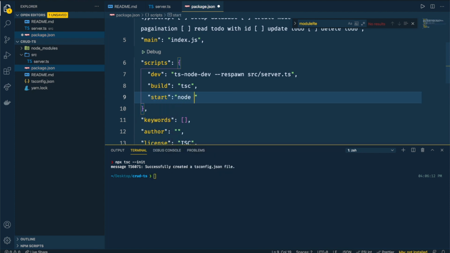We can do just node. Let's say we have the output, our JavaScript is going to be dist. So when we deploy, we want to use the JavaScript file instead of the TypeScript file. So we want dist/source/server.js. So right now, if I were to run the command yarn run build,